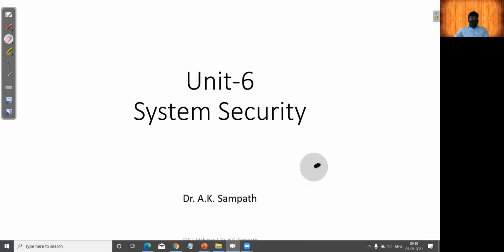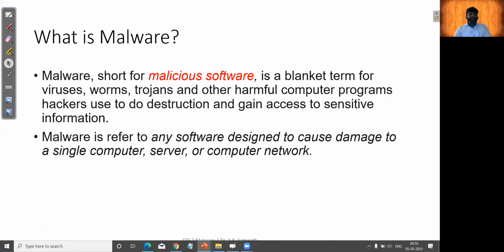Now again, I hope the presentation screen is visible, right? So under this module, we'll be studying different types of malware, and how they can propagate to the system in order to cause damage as well as unwanted activities on the system. Also, we'll study buffer overflow, cross-site scripting, SQL injection, and all the system-related attacking activities.